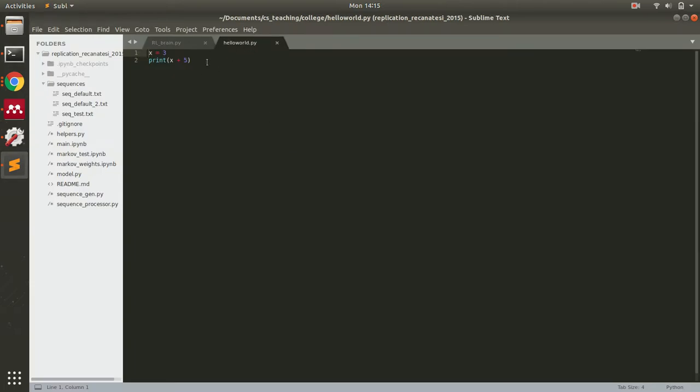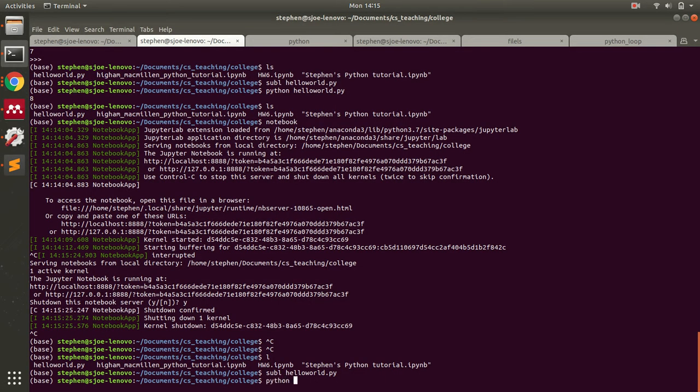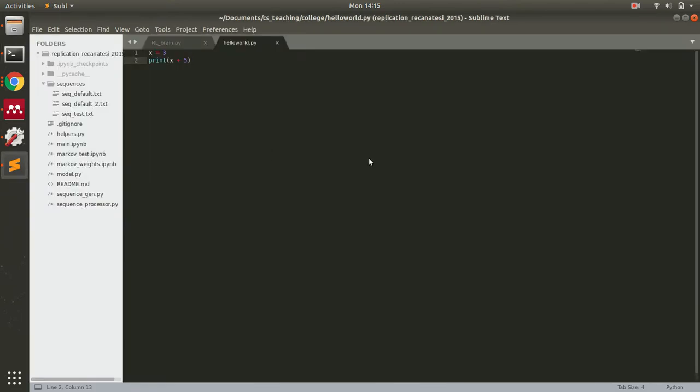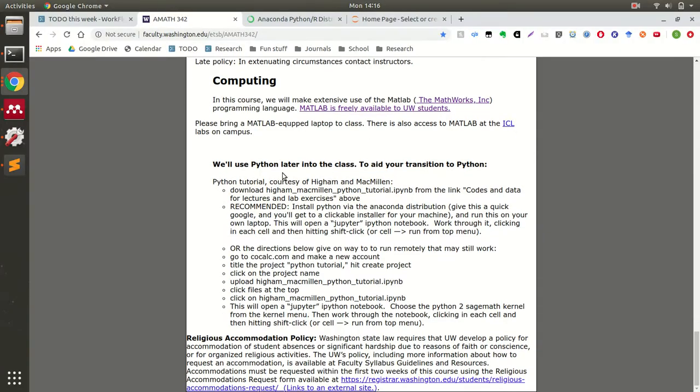So if I have hello world.py here, x equals 3, and then print x plus 5, I can run this Python file like so. Ta-da! Then I get my result in the console output. Okay, but if you are not familiar with the usage of terminals before and are more familiar with desktop apps, then you don't have to worry, because the recommendation for this class is to